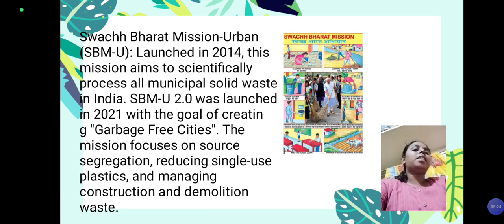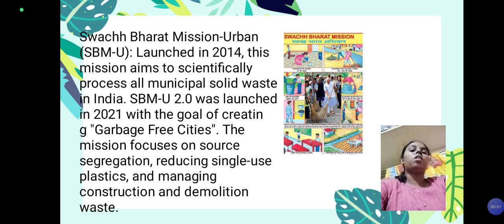Swachh Bharat Mission Urban is a very good example of an urban initiative of waste management, which was launched in 2014. This mission mainly aims to scientifically process all municipal solid waste in India. An updated version, Swachh Bharat Mission